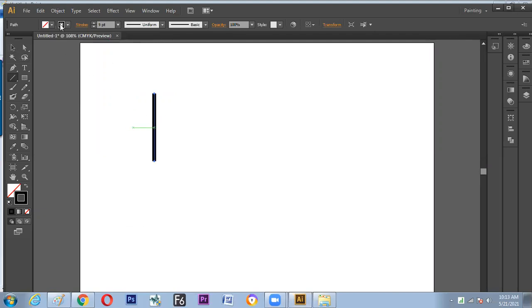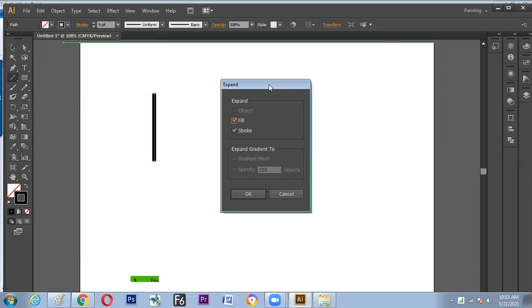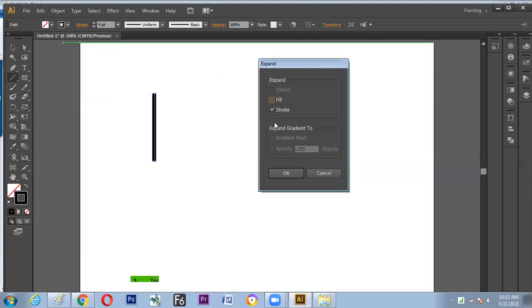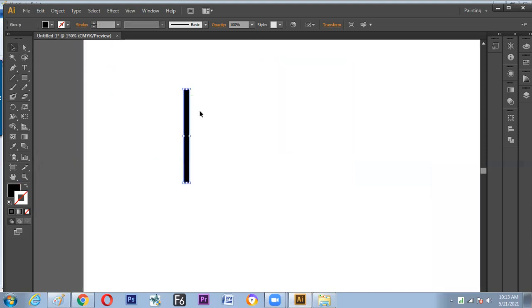can be converted into fill from the Object menu, Expand. From the Object menu, Expand, and it will ask two options: turn off the fill, turn off the fill and go for the stroke, and go for OK. Then it converts the design into a fill design. So the benefit of it, we are able to apply an extra stroke to the edge,